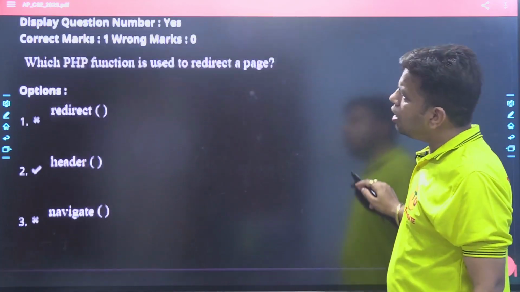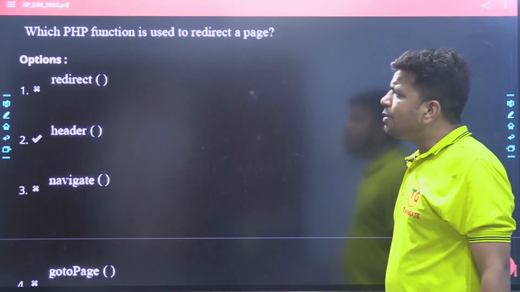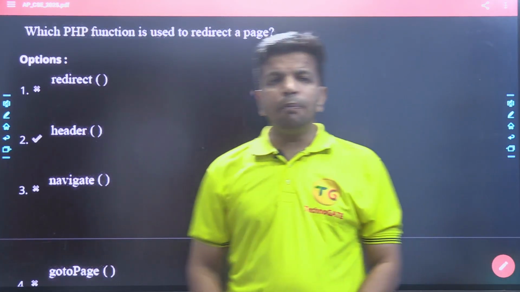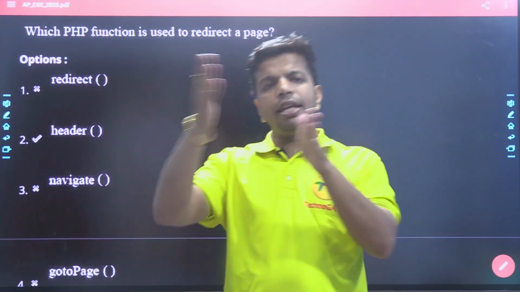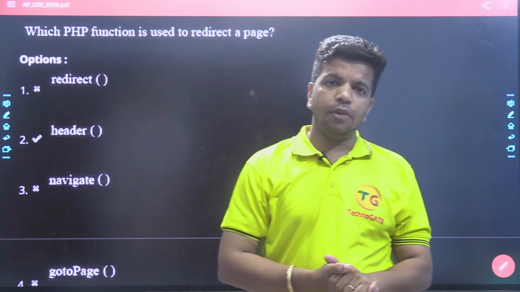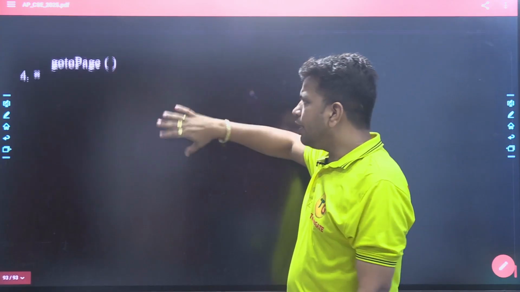Now the last question of this paper is, which PHP function is used to redirect a page? If you want to redirect a page, then you need to use the header function. Got it? So these are the total